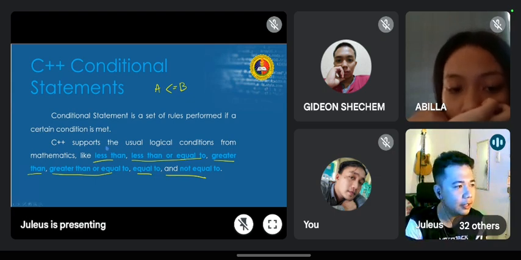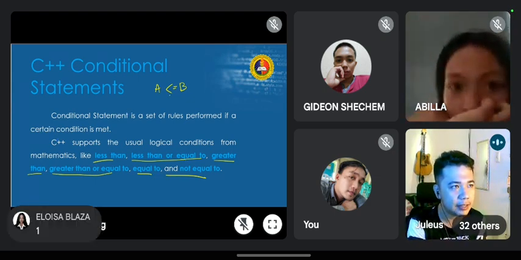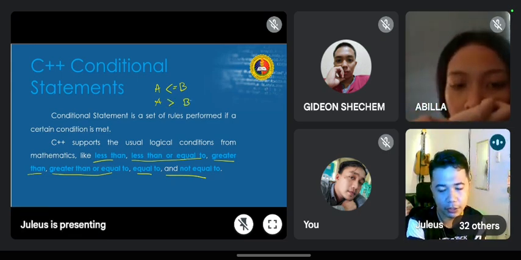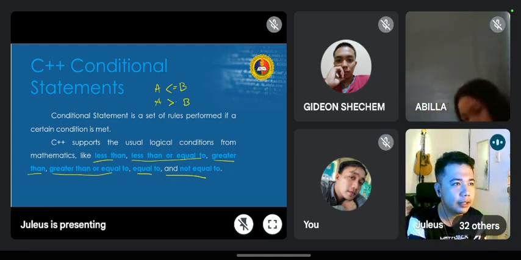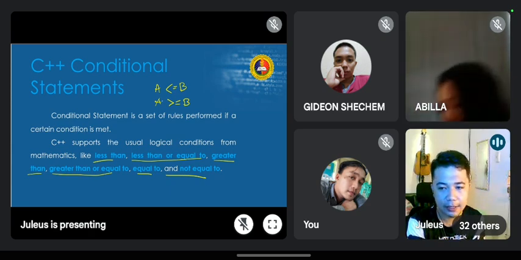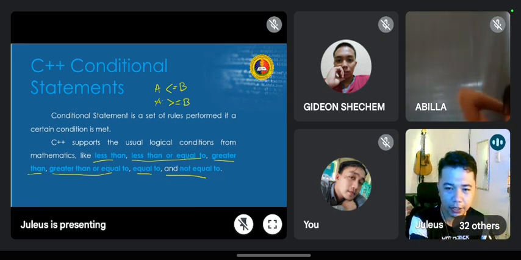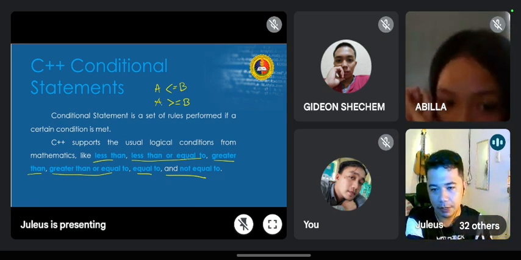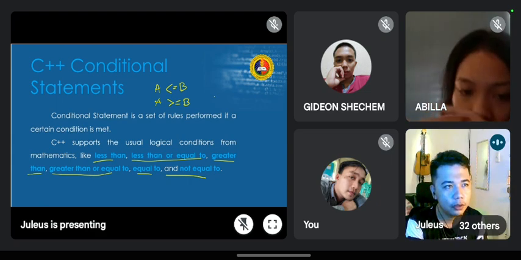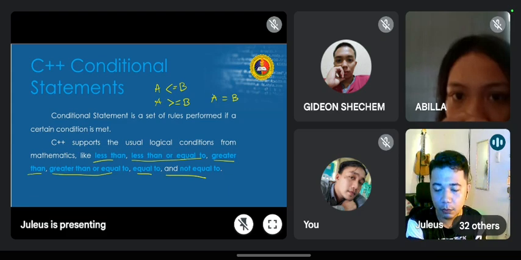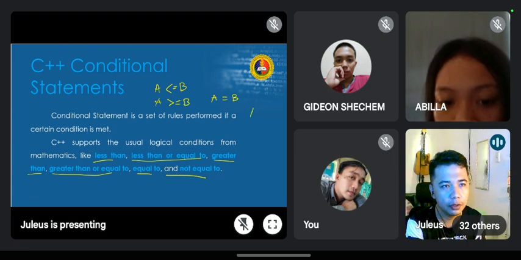And then greater than means A has greater value, meaning A's value is bigger compared to B. Greater than or equal to means that A is either greater than or equal to B, meaning its value is either bigger or the same as B's. And then equal to means both A and B have equal value, meaning A's number is the same as B's number. And not equal to,